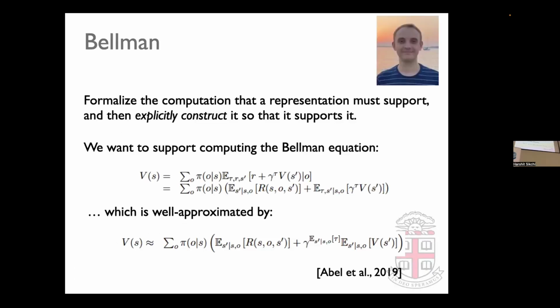I'm going to show you a newer formulation from my postdoc, where all we want to do is run Bellman equations. So we want to get the value of the Bellman equation over the high-level actions, and we want to get the same result as if we did that on the low-level states, but we're going to involve high-level states. And it turns out that if you take the Bellman equation, you see that most of the expectations over distributions of states look approximately like this thing over here. And this looks a lot like just a plain old Bellman equation, which sets off these expectations over distributions of states.